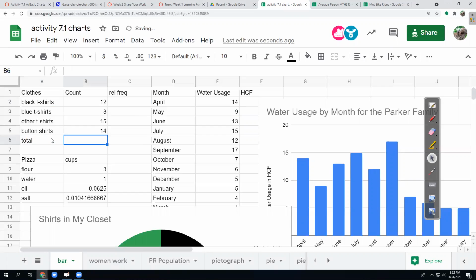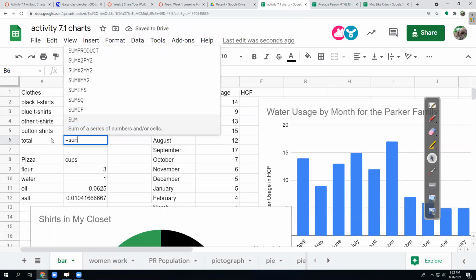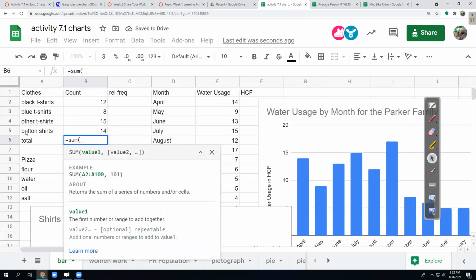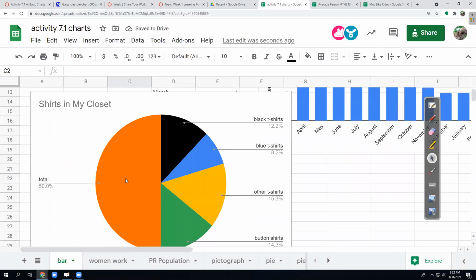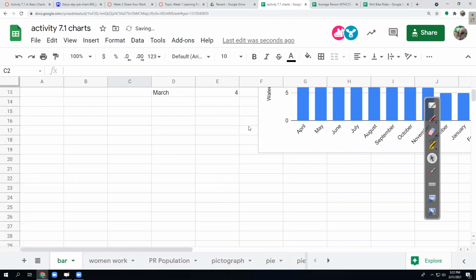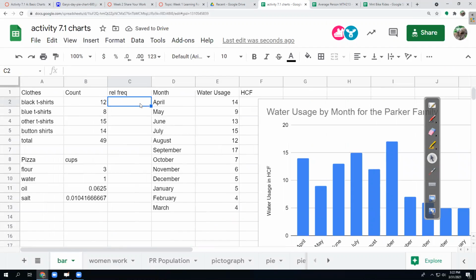And to get a total on a spreadsheet, you go equals, and then it's a sum. And then you just highlight the numbers you want to sum, close parentheses, hit enter. So there's my 49 there. And it looks like Google just tried to add that into my graph, which I didn't want. So let's just delete that for now. And then for the relative